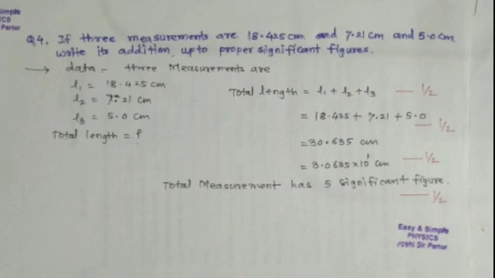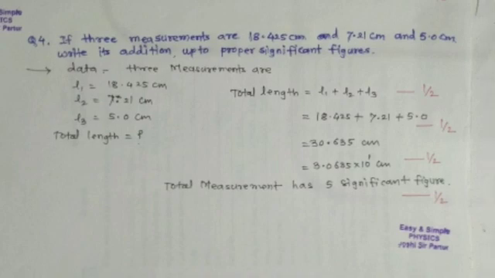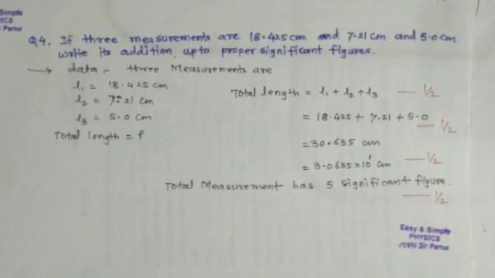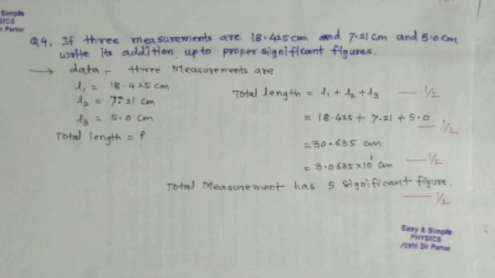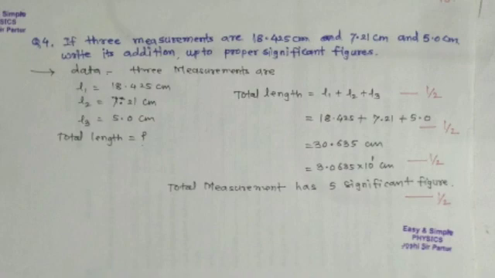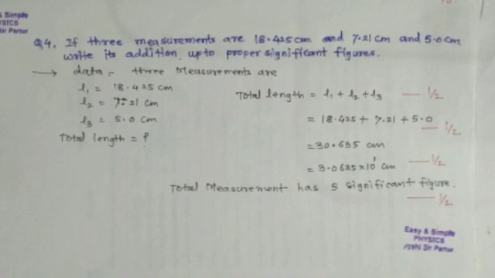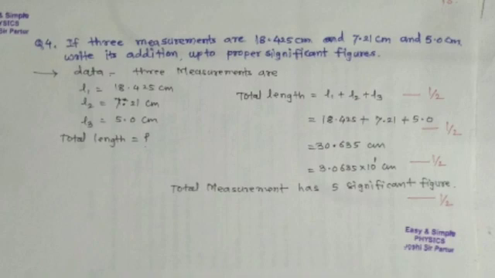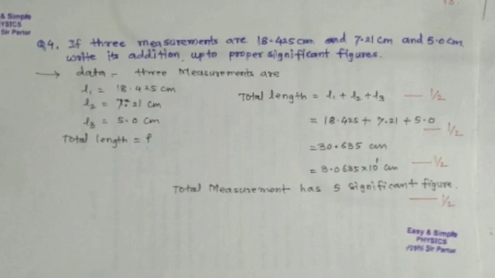Question number 4 is a numerical. If 3 measurements are 18.425 centimeter, 7.21 centimeter and 5.0 centimeter, write their addition up to proper significant figures. Data: 3 measurements are L1 equal to 18.425 centimeter, L2 equal to 7.21 centimeter, L3 equal to 5.0 centimeter. So total length